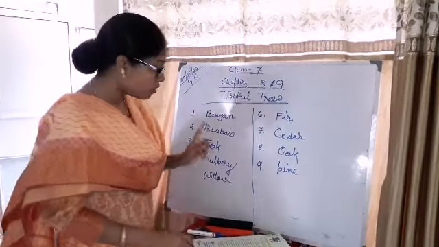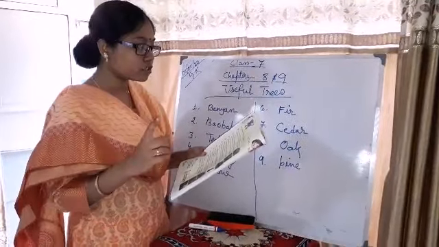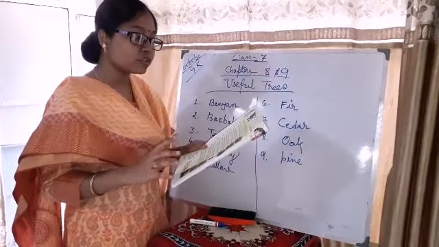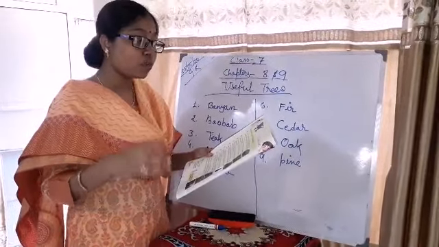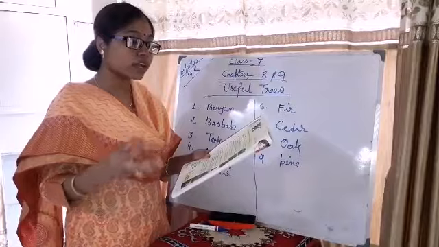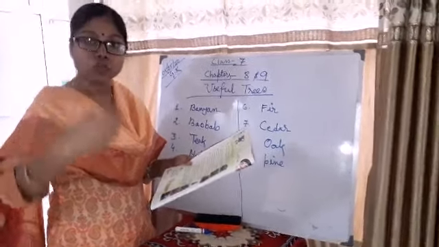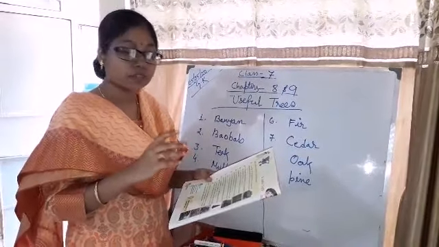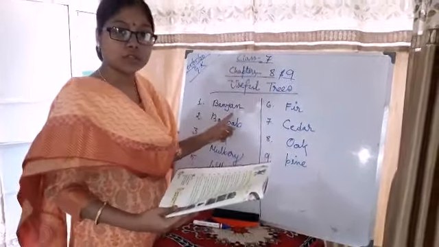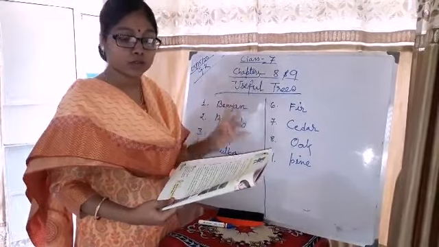Clear? So first is banyan tree. What is the description? It is already given in your book. First one, it is an Indian fruit tree with branches that grow down to the ground and form new roots to give support to that huge tree. So it has its own roots going down and giving support to that old, huge tree. Which kind of tree is it? Banyan tree. Clear? So that is the short note about the banyan tree. Like this you have to write.